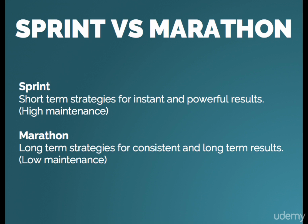And then there are marathon tactics, so longer term strategies for more consistent and long term results, more people following you over the period of months compared to the period of literally seconds or minutes. And these are going to be lower maintenance and easy to maintain in the long term. And what I want to stress is you need a balance of both for momentum in the short term and